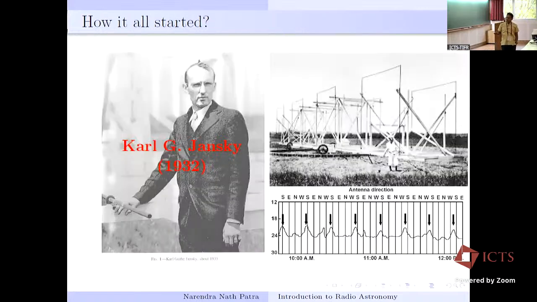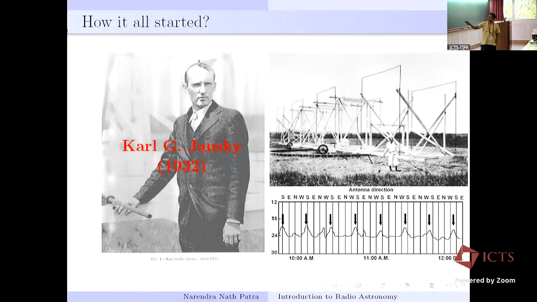How it all started is very interesting, actually: the story of this gentleman, Karl Jansky. After World War II, many communication engineers who had been working to set up communication from one part of the country or continent to another used their experience and expertise to investigate other things. One important thing at that time was to use radio signals to investigate lightning, cloud activity, and so on. So this gentleman, Karl Jansky,